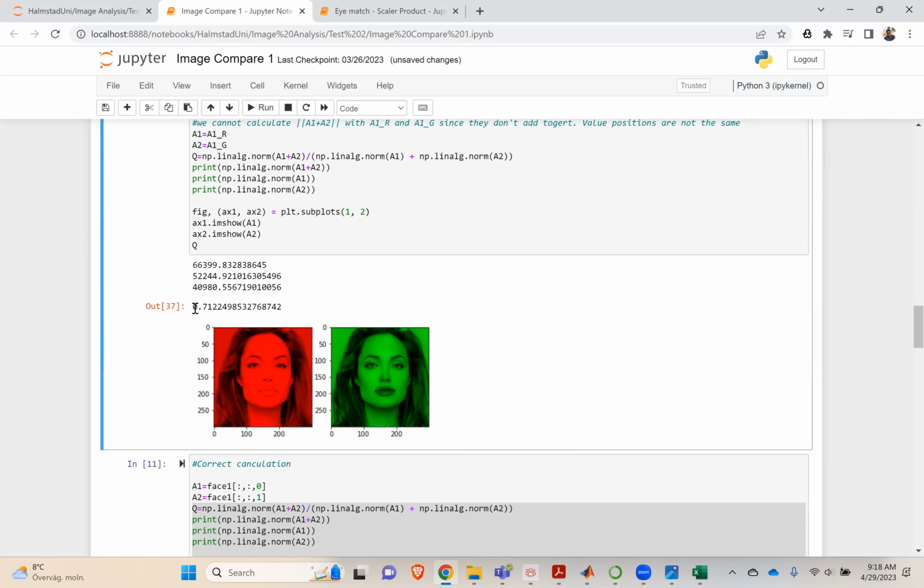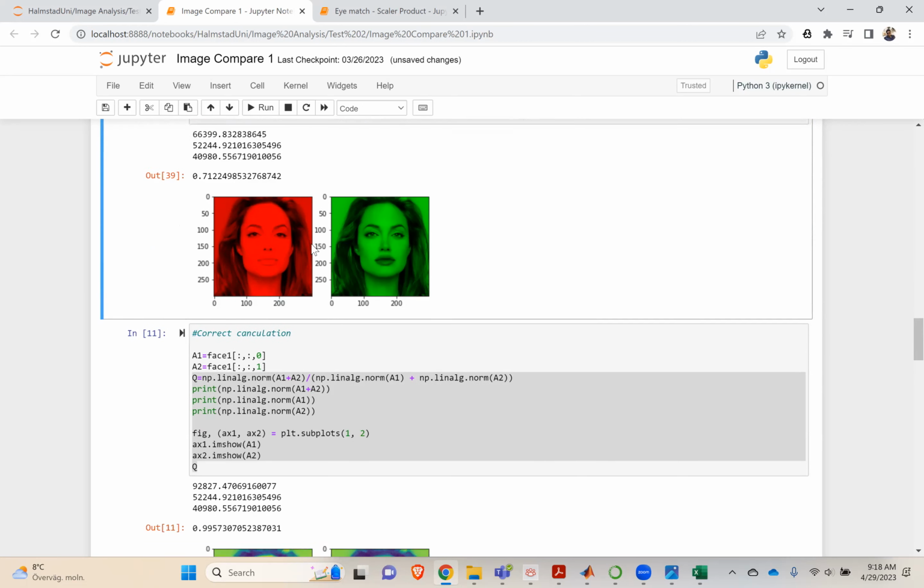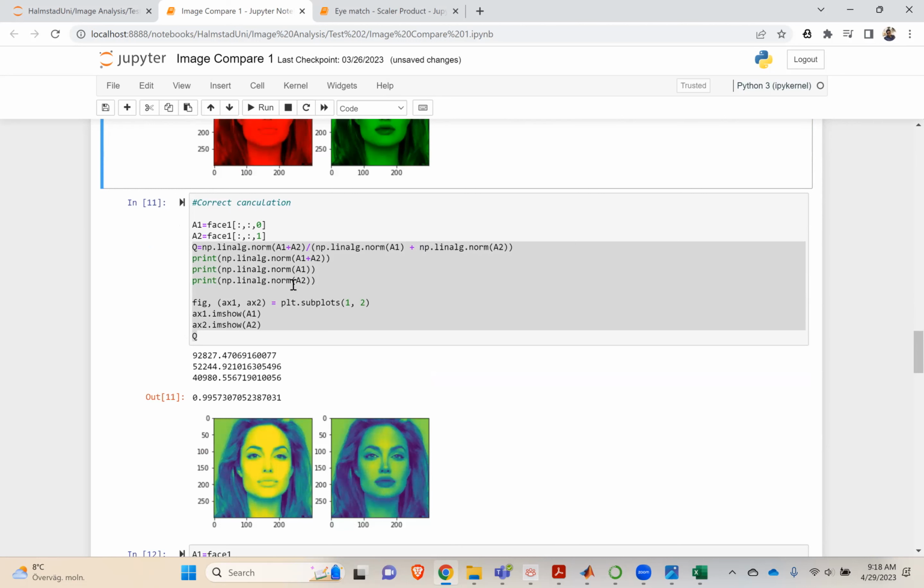we get a value around 0.71. It's not exactly 1, it's 0.71. But if I compare the same face, R with R, I should get 1. See, I'm getting 1. But that's the maximum value you get. Always you will get a lesser value. Then what I can do is, in here,